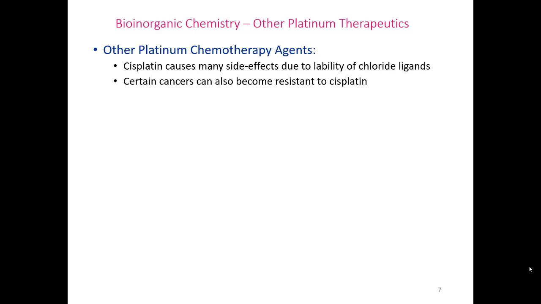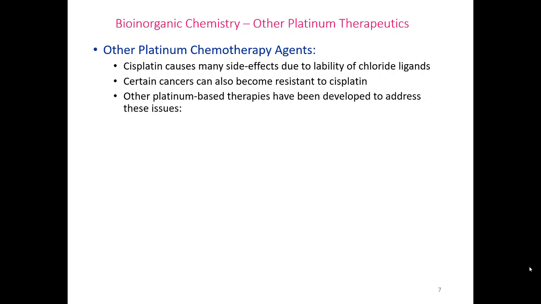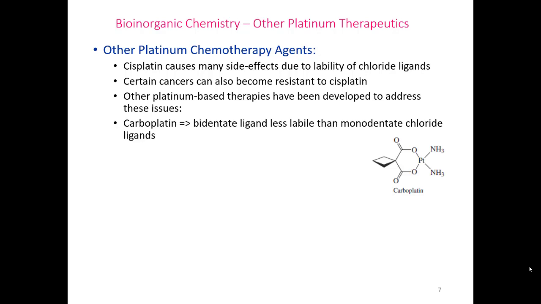Furthermore, there are types of cancer that become more and more resistant to cisplatin treatments as the cancerous cells develop mechanisms to repair the damage caused by cisplatin. Because of this, there has been a lot of research that has gone into the area of designing platinum-based complexes for chemotherapy applications. One such example is carboplatin, shown to the right here, which has a bidentate ligand replacing the